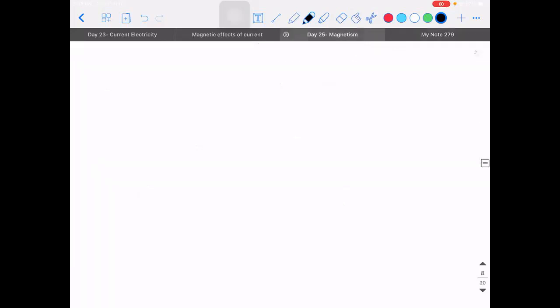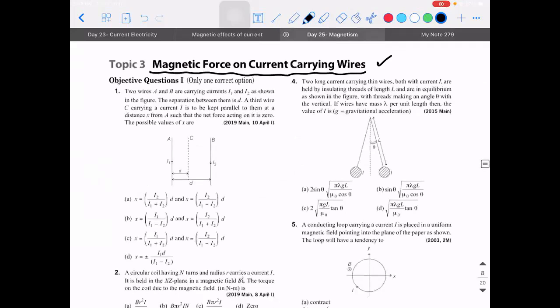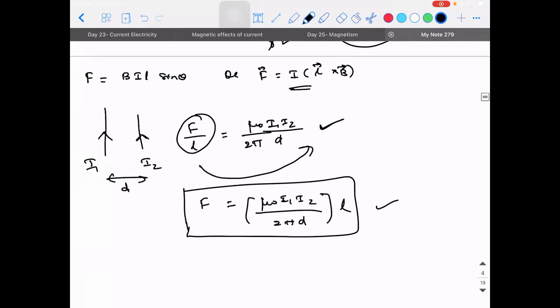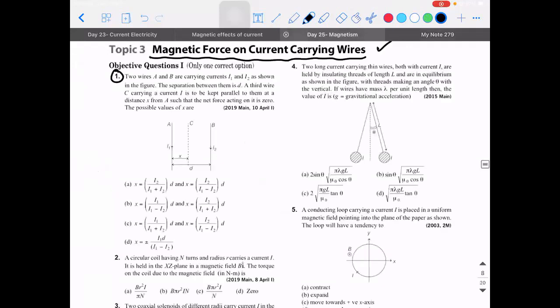Okay. So this is the formula based on which we are going to solve the problems. And one more important point, this you would have learned in CBSE also, right? We would have discussed it. If the currents are flowing in the same direction, the conductors tend to get attracted. If they are flowing in the opposite direction, they repel. That is the only important point you need to have in your mind.